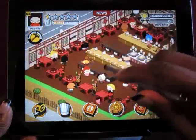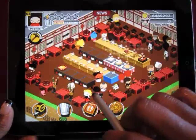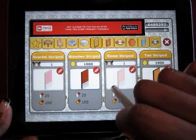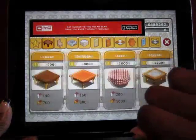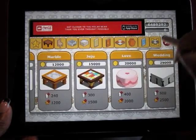So, I mean, how cute is this animation? Are you kidding me? And this is just this restaurant that I've designed. I showed you all the things that you can buy, all the walls. You can make your restaurant, I'll choose tables. You could have whatever kind of design you want for your restaurant. There are lots of ways to make your restaurant look as gorgeous as you want to, if you're picky like that,